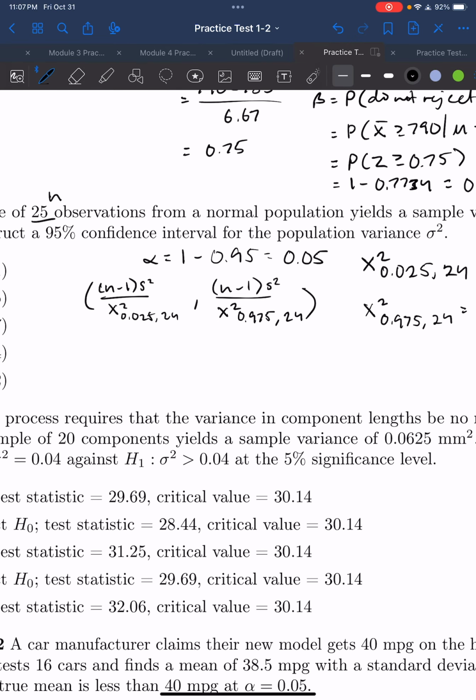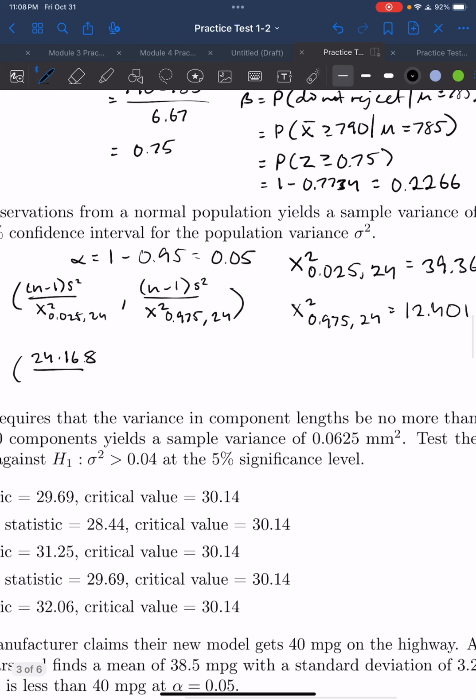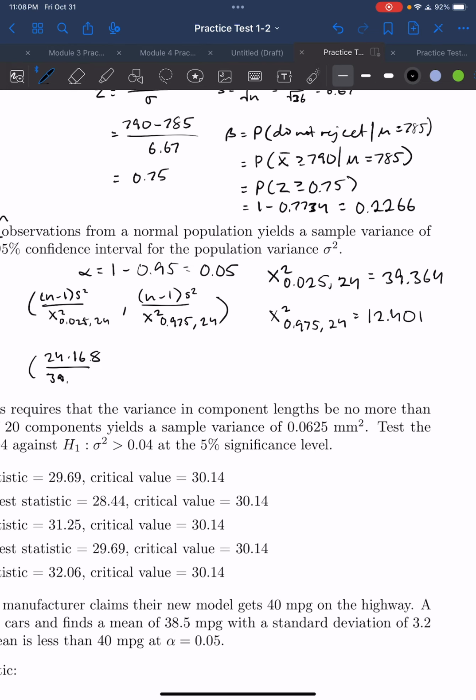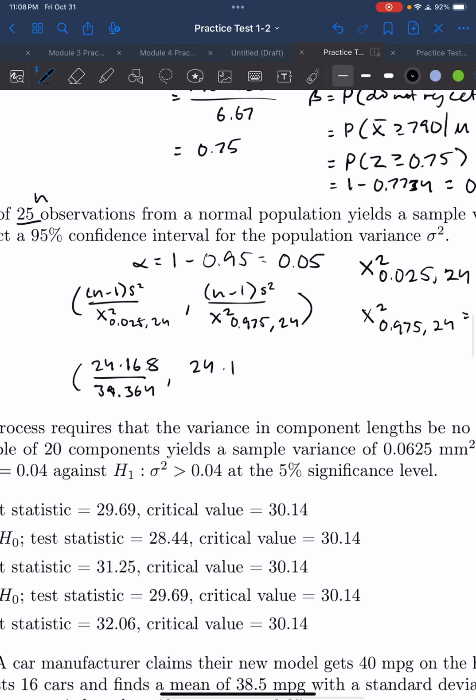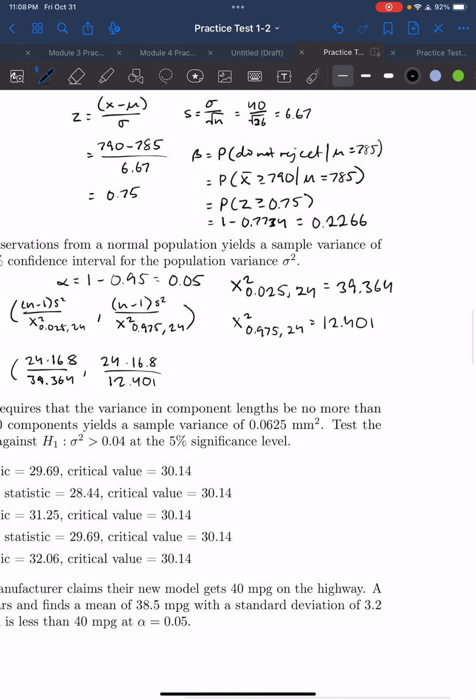And then we just plug this all in, so we have 24 times 16.8 divided by 39.364, and then we have 24 times our variance, which is 16.8, and we divide it by our other chi-square value over here, which is 12.401, and then we can just solve these, which should give us, let's see,